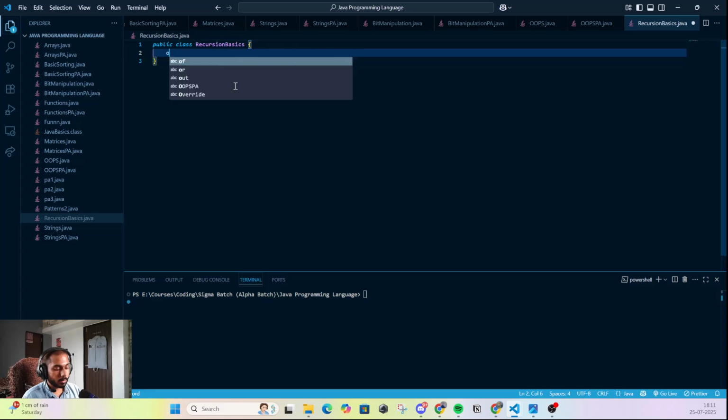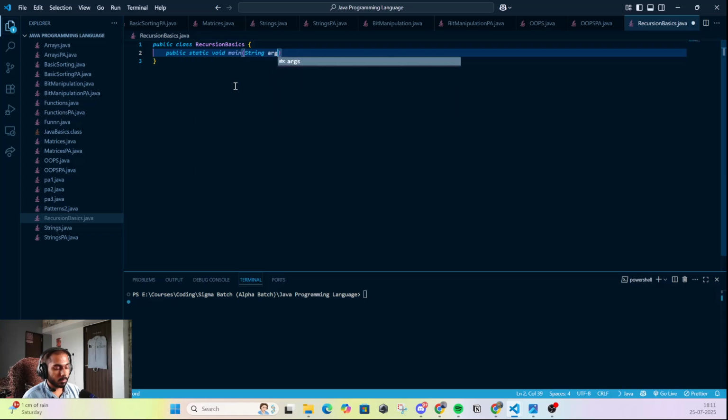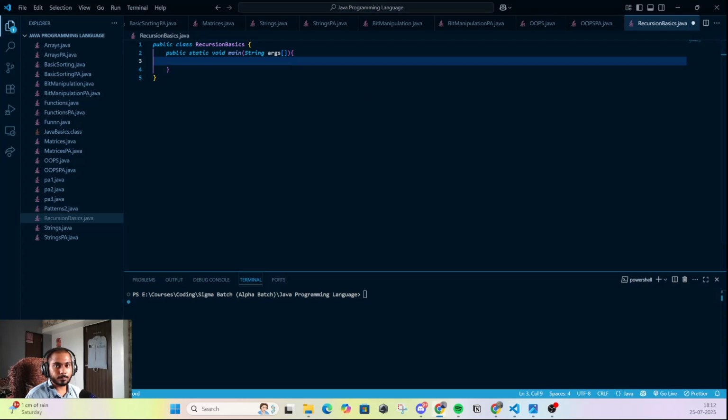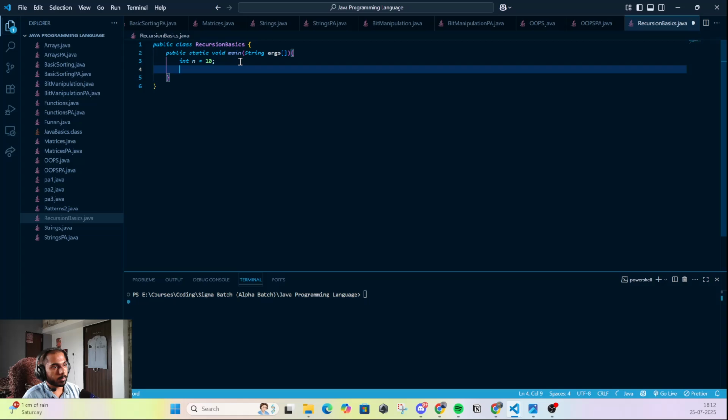Public static void main. Alrighty. So let's say int n is equal to 10.